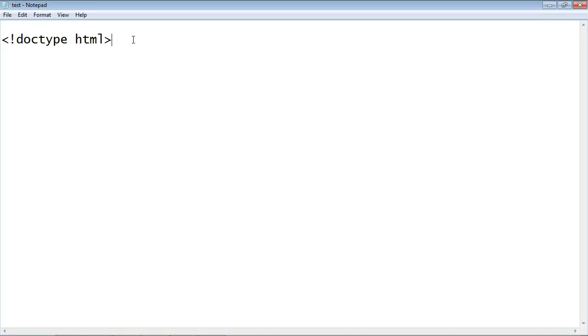Now, the very first thing that comes after the doctype declaration is the HTML element. And we create that by typing in HTML. And then, if you remember from the first video, this is the opening tag, and we need a closing tag. So we put a slash here. Now, this really is not a section of our HTML document. It's more like a wrapper. And that is, everything in our document will go between this HTML element, between this opening tag,